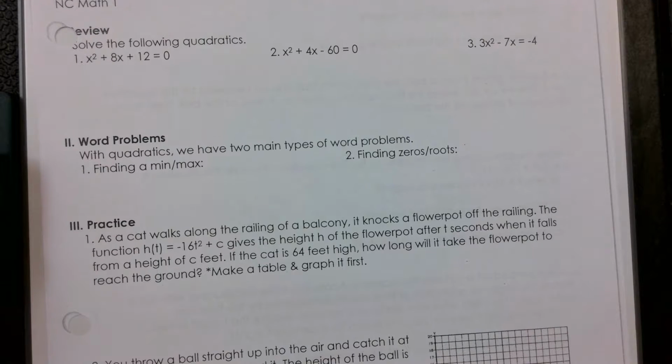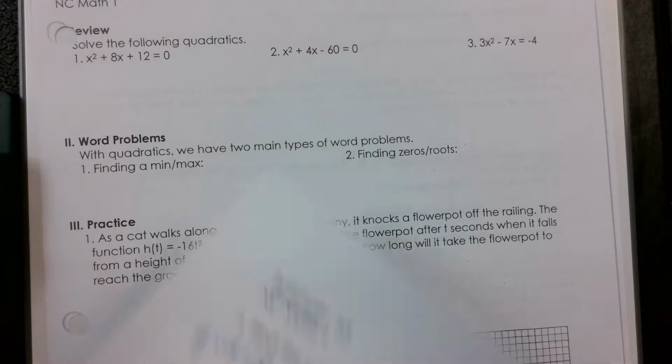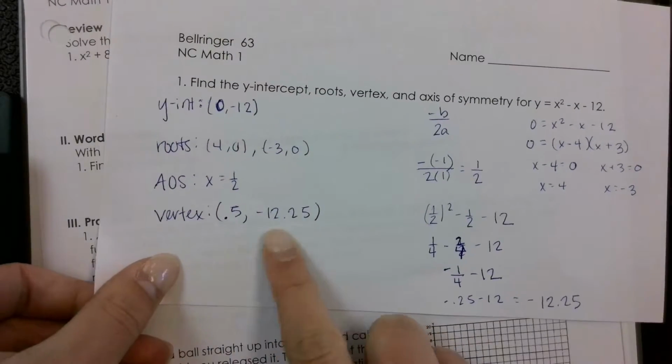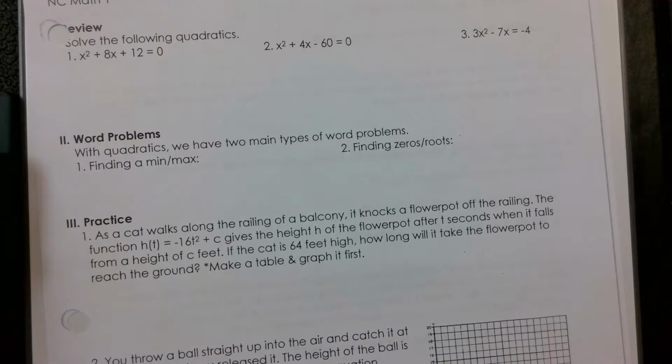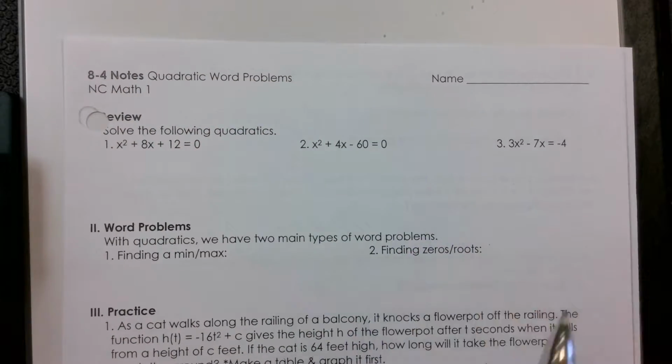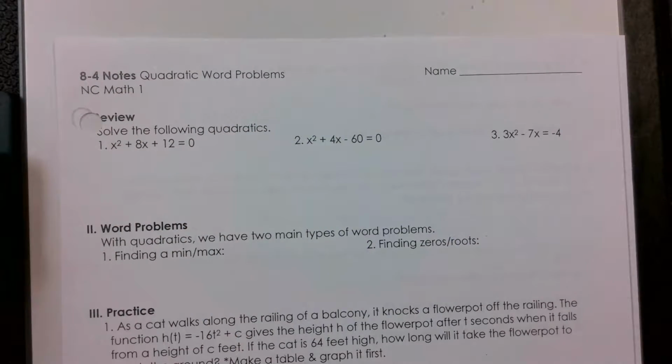So we've been doing all this stuff by hand, and what we're going to learn today is how to do it in the calculator so that you don't have to. Okay? So like for that one that we did in the bell ringer where your vertex was really messy, we're going to figure out how to do that on the calculator so you don't have to do any of that by hand. Okay? Alright, so the first part we're going to do though is review how to solve by hand,